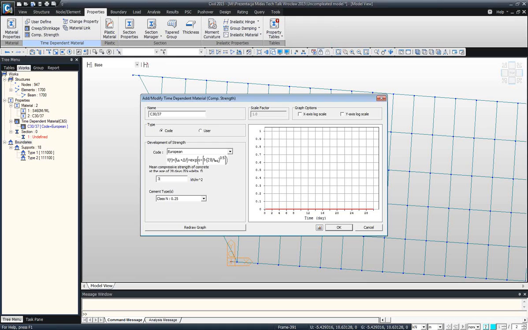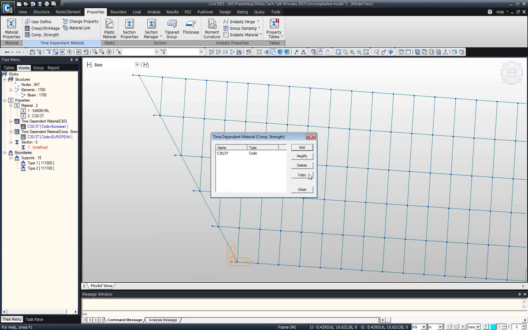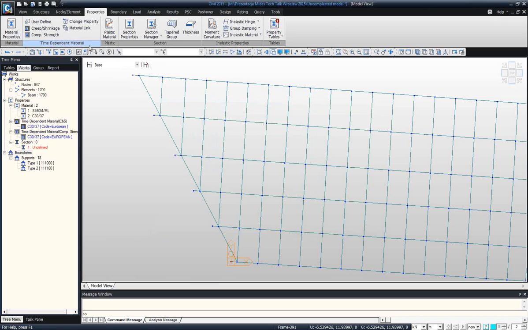So we have 38,000, and we can see the result, how the concrete hardens during this 28 days process. Okay, close. And now we have our time-dependent properties defined, but we have to connect these properties with our concrete,